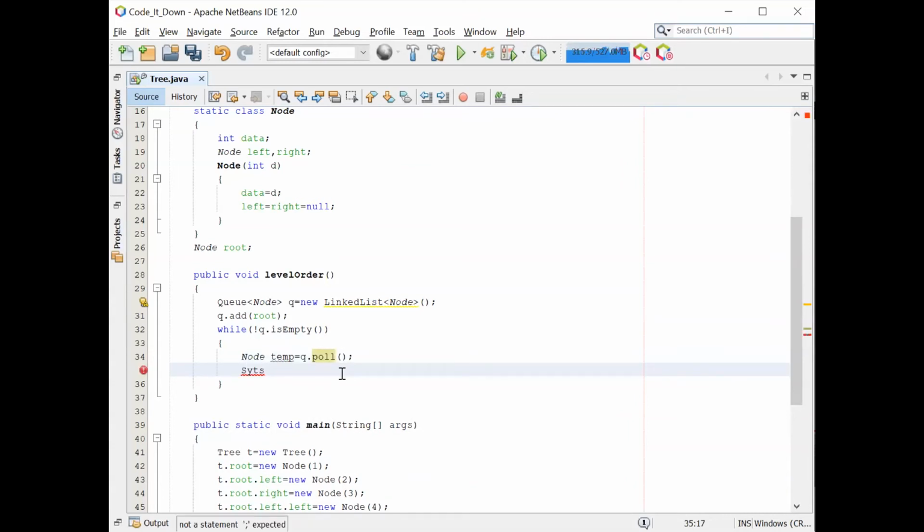No, it doesn't delete. Yeah, it deletes it also. That is the remove function. Remove function deletes it, but poll function returns and then deletes it.